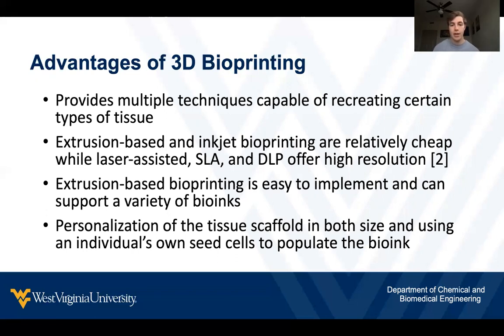cross-linking techniques. So 3D bioprinting in the future for modeling tissue or replicating organs can personalize the tissue scaffold in two ways. One can be in size, so each individual has different sizes of organs. So in the future, if you wanted to do organ implantation and transplantation, you could scale the model to different